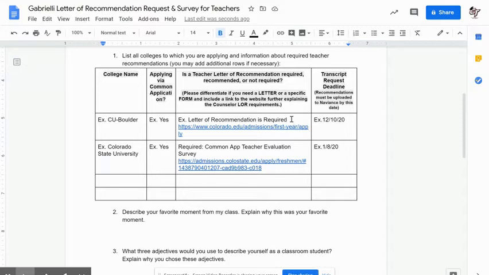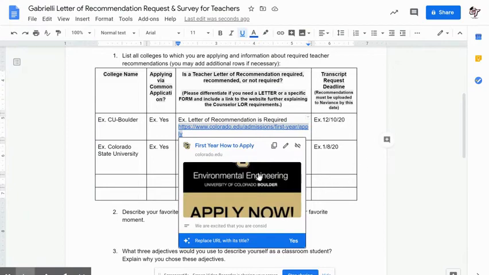And then it's another check to make sure it is required, and we ask that you actually provide a link showing where it's required. The reason for that is sometimes teachers or counselors want to go to the college website and make sure they have all the information. And so to show you what that looks like from here,